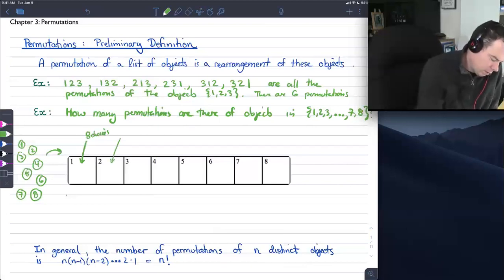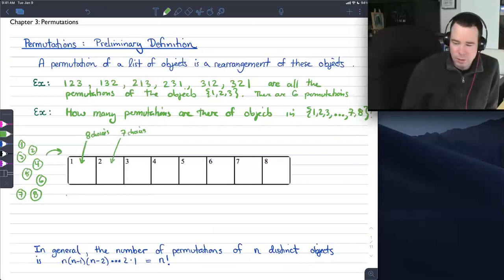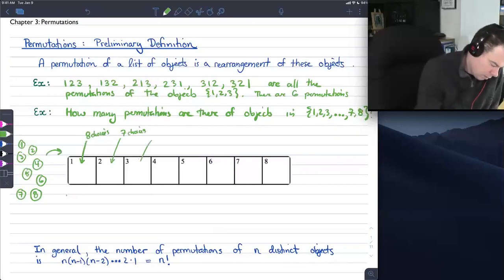Once we put a disk there, there are 7 left that we can choose from, and any one of those 7 can be placed here. We've got 6 choices for this spot, 5 choices, all the way down to maybe the second last one would be 2 choices,